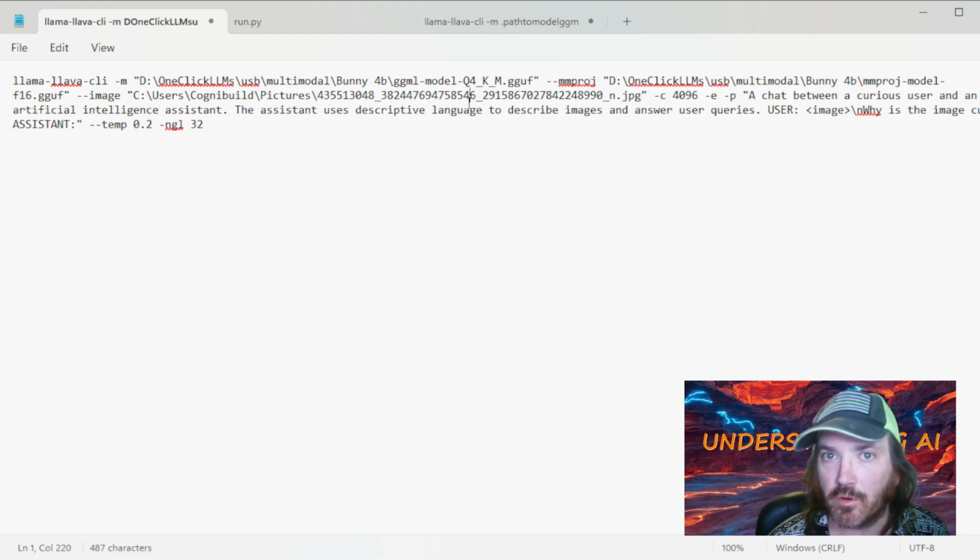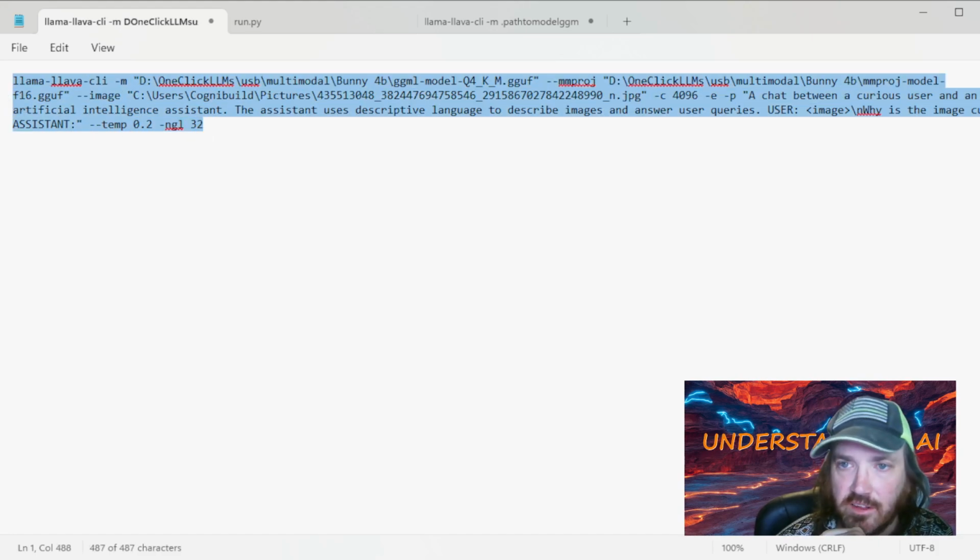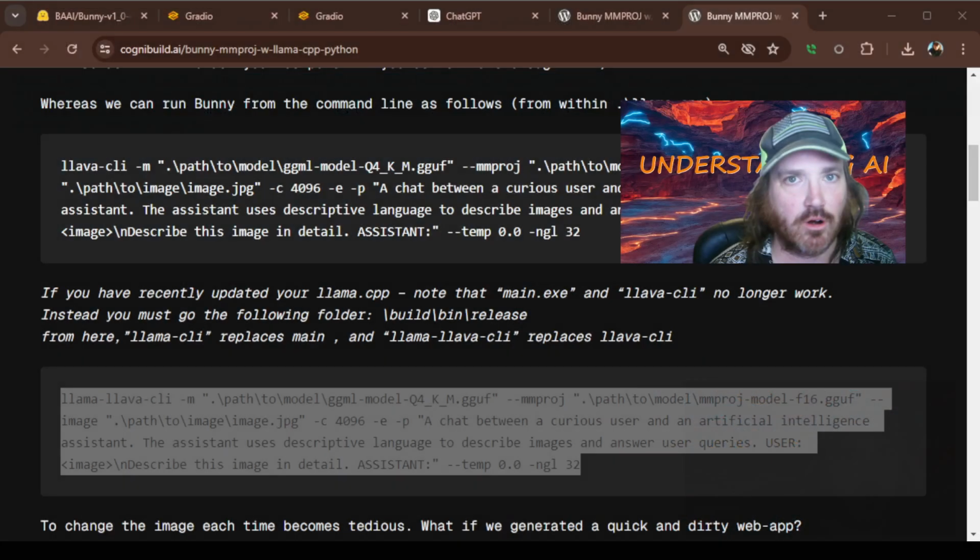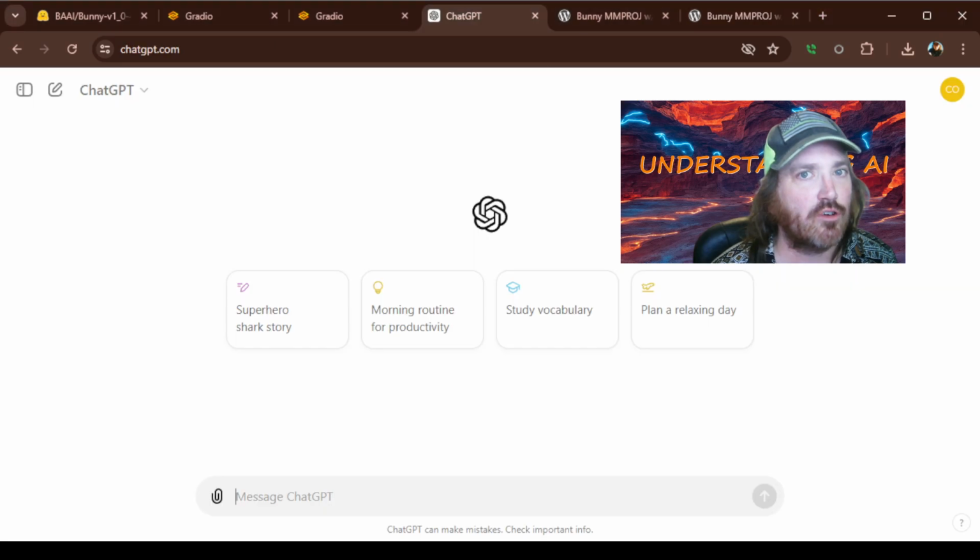We can do that, but it would be much better to throw this into some Python code that would help us to create a loop. So let's do this. Let's highlight this. Let's copy it. Now let's go back to our internet, and let's go over to ChatGPT, and let's ask it, say,